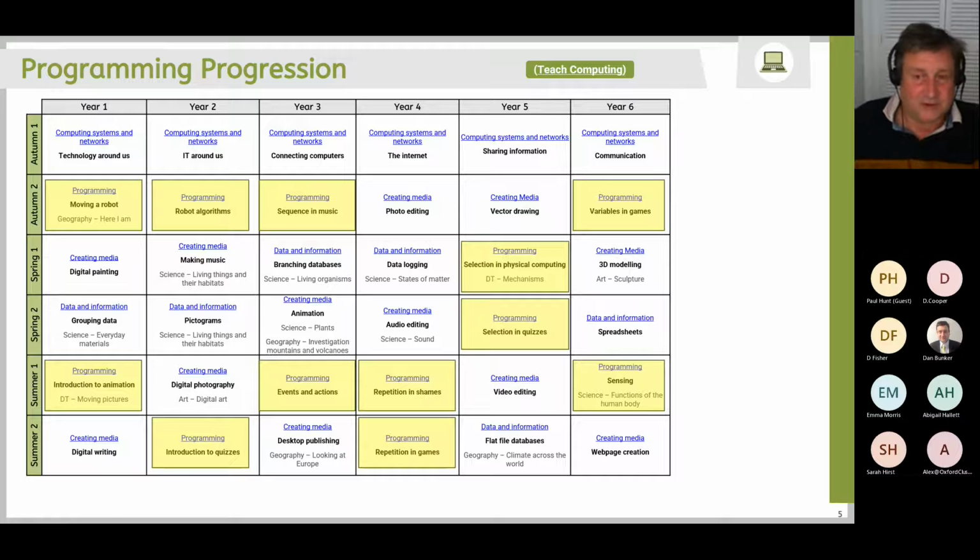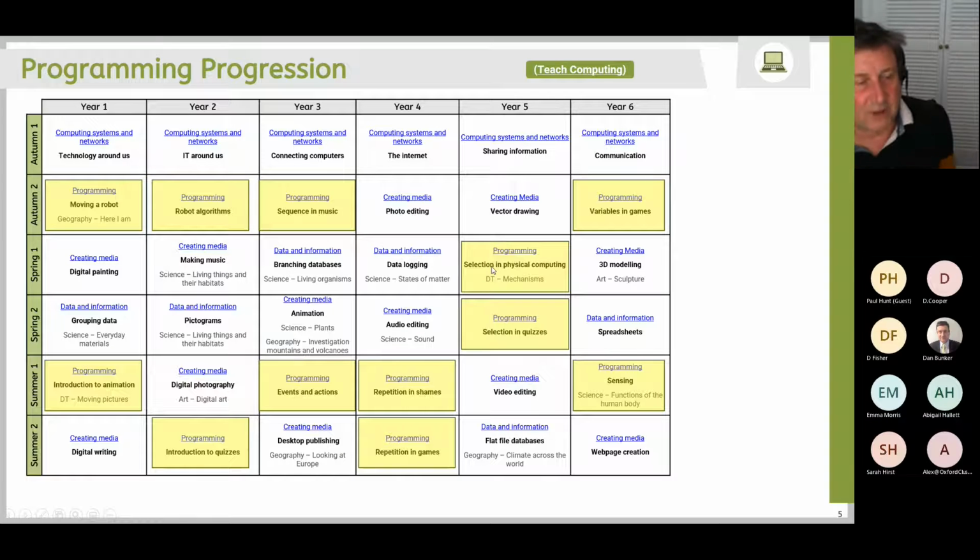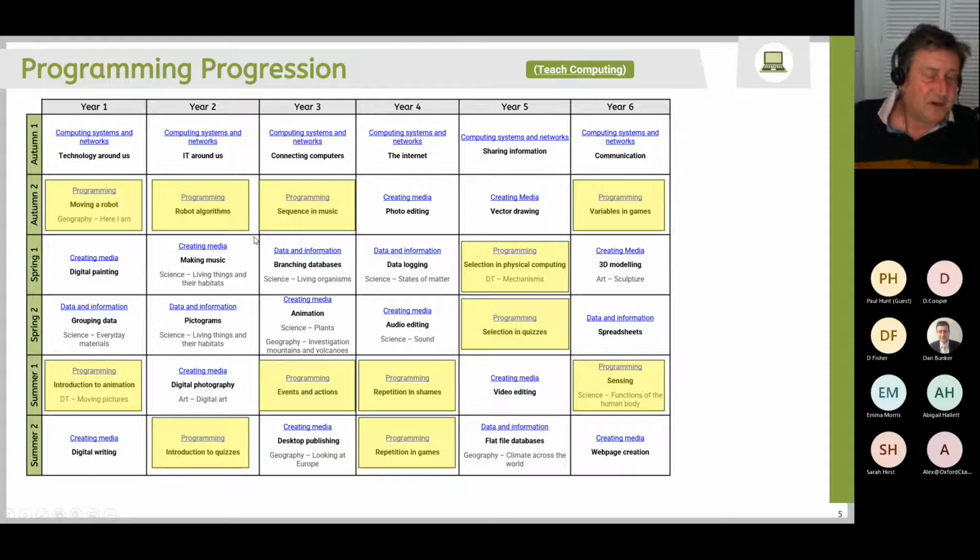So whether you use Switched On Computing, Purple Mash, some other scheme, or this one, which is Teach Computing, they'll all have a progression in their programming. And what's quite interesting is to have a look at how that works, how many units of programming you do in computing, because we know computing is a lot more than programming. But the way Teach Computing do it, I think, is quite well balanced.